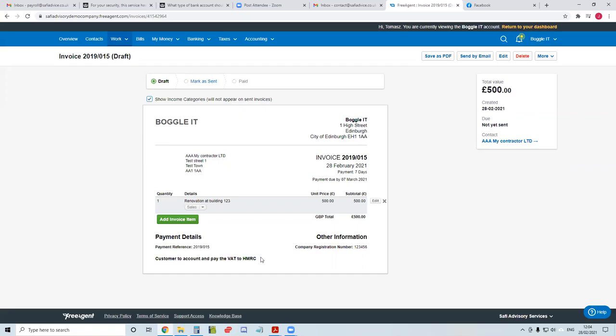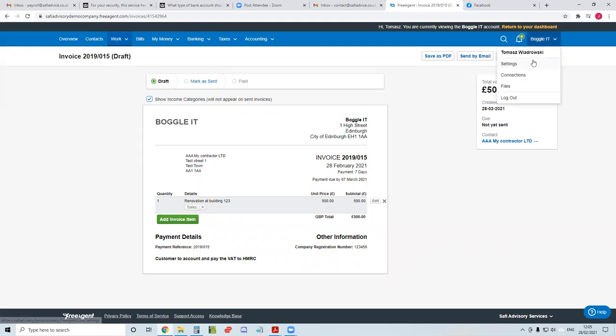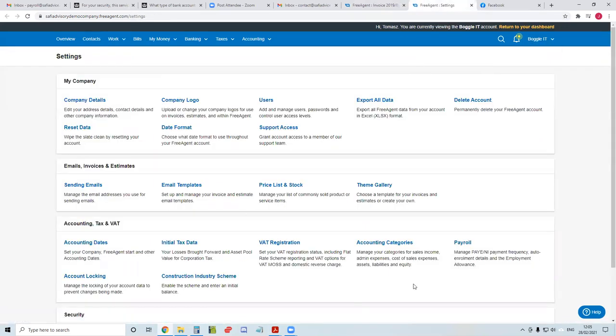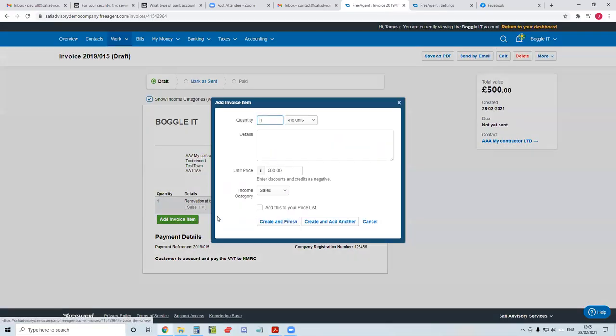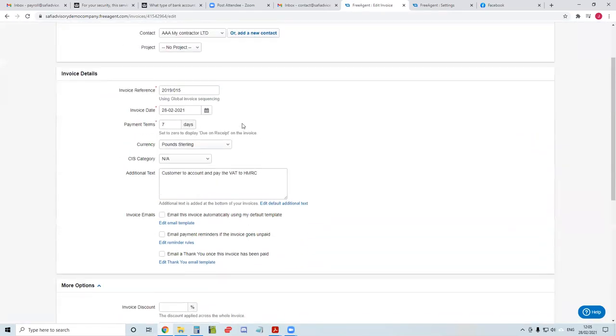So contractor will now have to record on the VAT return VAT on this invoice and make it subject to reverse charge. For some of you who use the CIS functionality, which also can now be active in FreeAgent, we can also, but I think I will have to activate it here. Just 1 second. We'll be able to update CIS settings. Yes, we will be able to add those. Okay, I'm not sure right now why I don't have it, but let me just try to edit invoice and